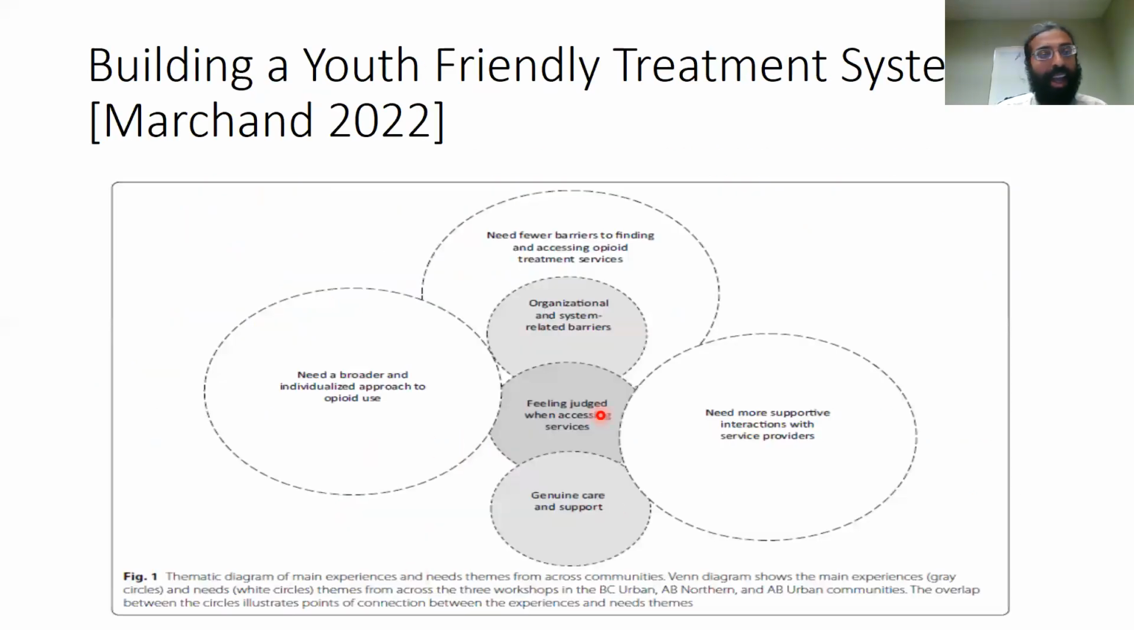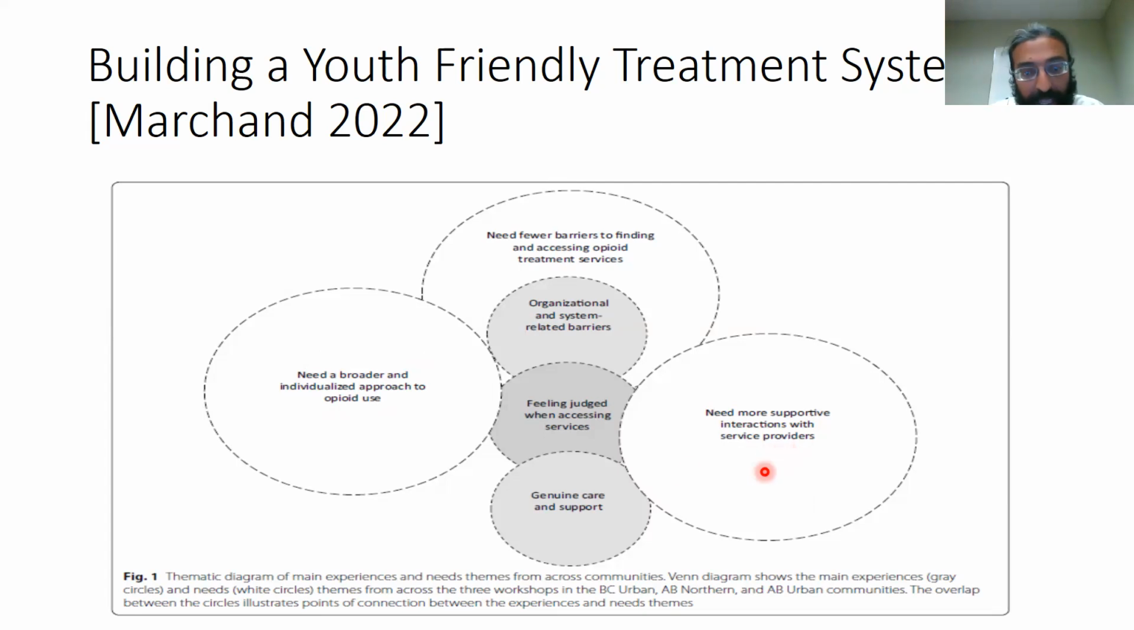And the last slide I have is this, right? The general environment, because adolescents have different needs. Developmentally, they're at a different stage. They're not adults. So how do we create a treatment system that's friendly to adolescents? And this was a nice recent paper that interviewed a lot of adolescent stakeholders to create this outcome, right? So an individualized approach to opioid use and more supportive interactions with service providers as the two guiding themes,